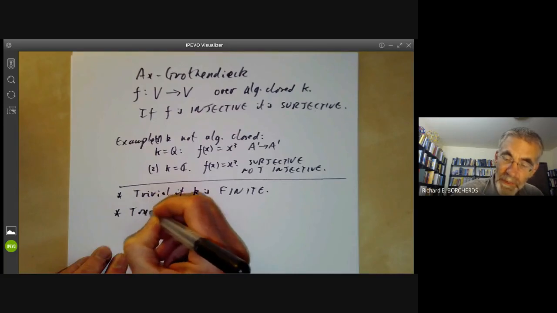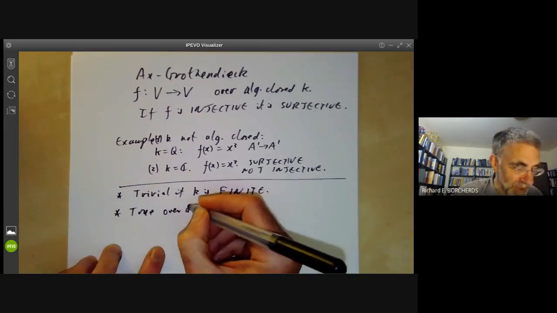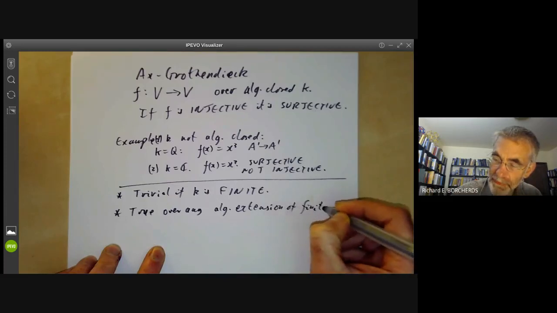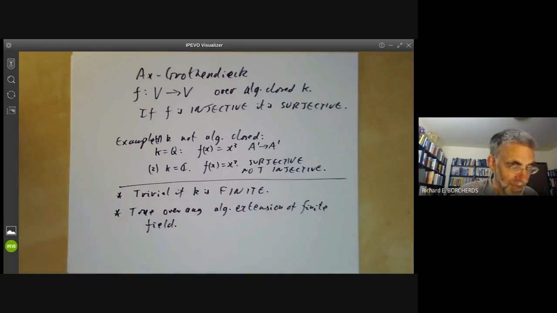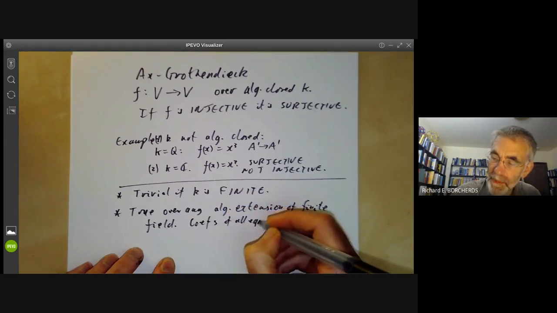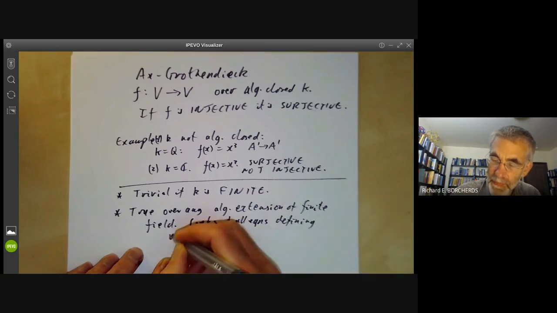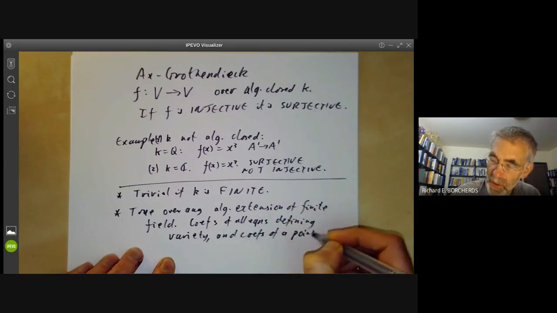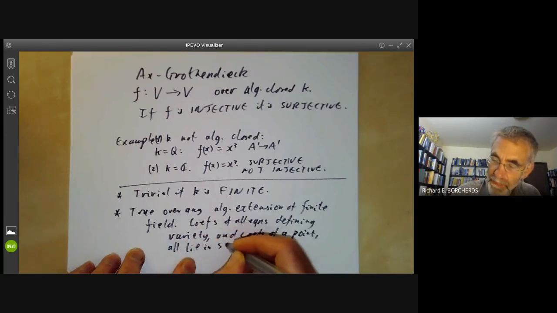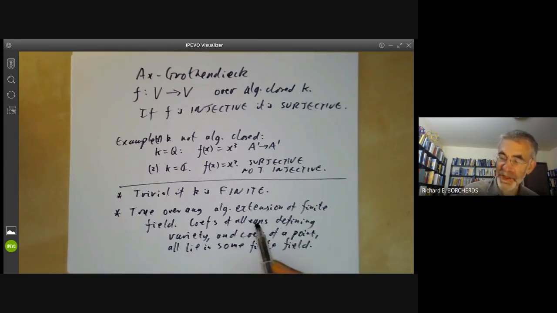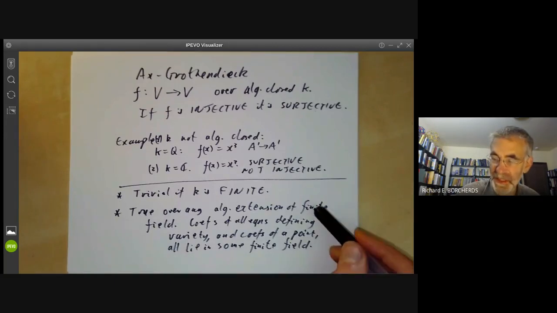Next, it's true over any algebraic extension of a finite field. And the key point is that the coefficients of all equations defining a variety and the coefficients of a point all lie in some finite field, because there are only a finite number of coefficients of equations, only a finite number of coefficients of a point, and they only have a finite number of coordinates, so you can find some finite field containing it all. And that means that